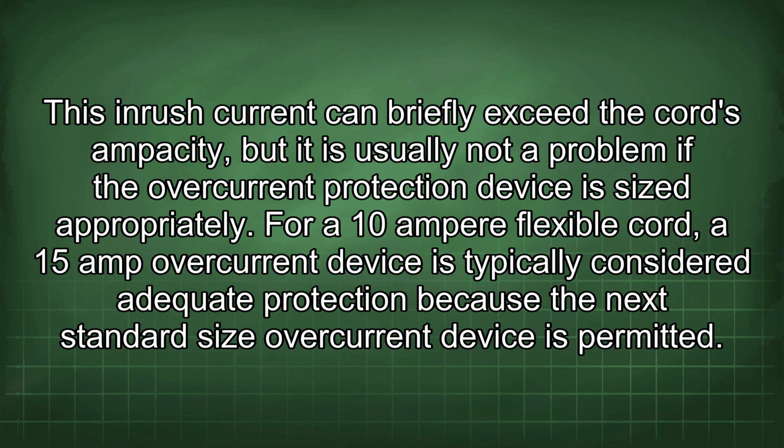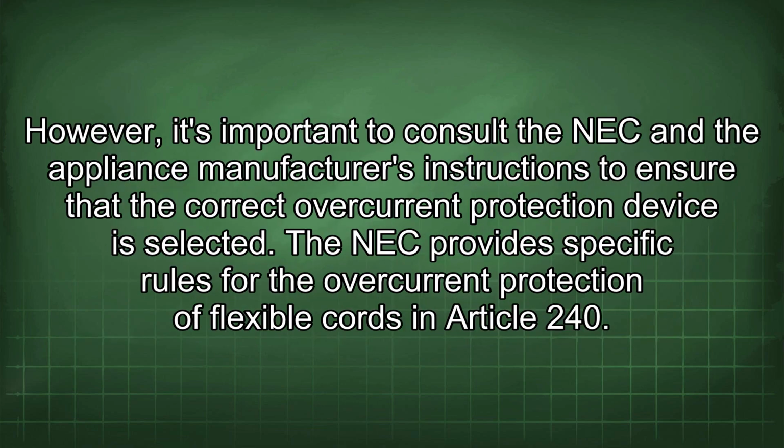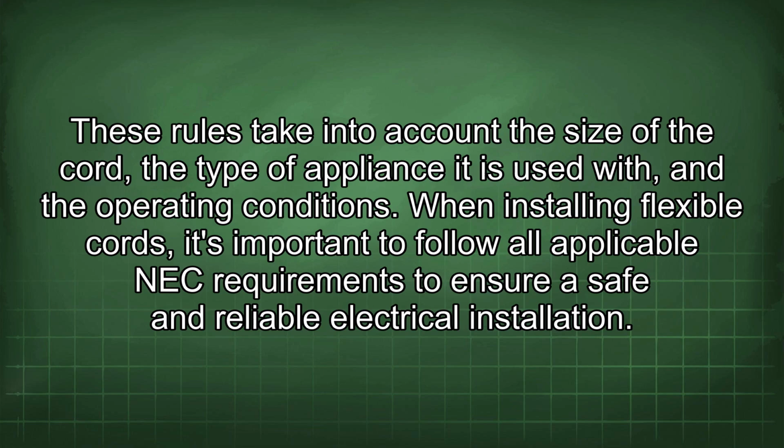device is sized appropriately. For a 10 ampere flexible cord, a 15 amp overcurrent device is typically considered adequate protection because the next standard size overcurrent device is permitted. However, it's important to consult the NEC and the appliance manufacturer's instructions to ensure that the correct overcurrent protection device is selected. The NEC provides specific rules for the overcurrent protection of flexible cords in Article 240. These rules take into account the size of the cord, the type of appliance it is used with, and the